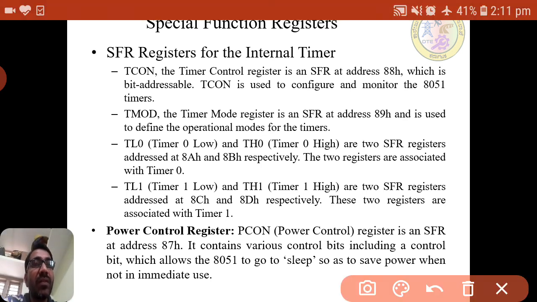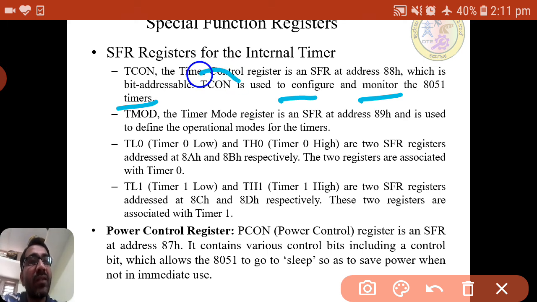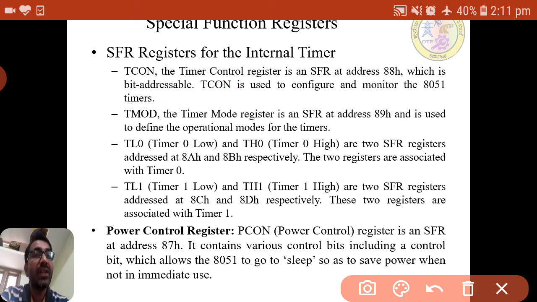And if you come to the internal timer TCON, TCON is the timer control register. It is an SFR at address 88H. TCON is used to configure and monitor the 8051 timers. The settings we can make, we can do with TCON. This is also bit addressable. And TMOD: the timers work in different modes.